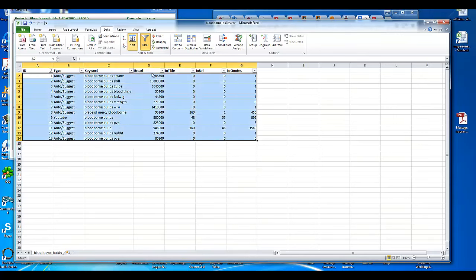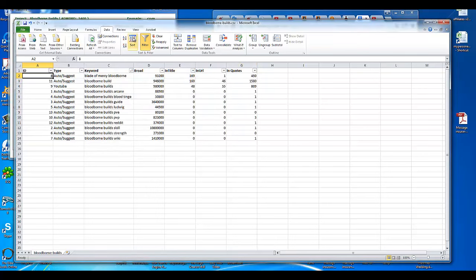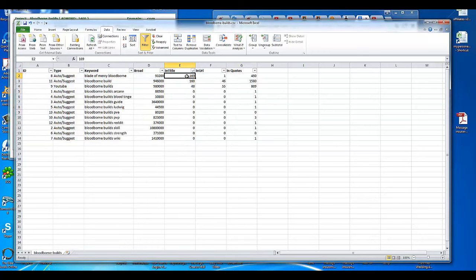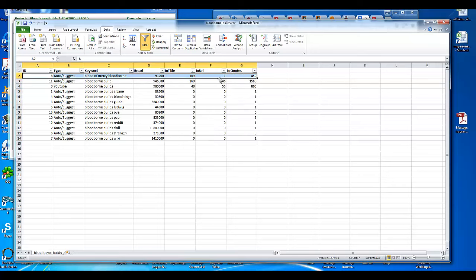And what you could do is sort by the keyword name, A to Z. You could sort by in title, largest to smallest, and then you have that, which identifies some keyword opportunities here. These would be like the biggest opportunities in terms of low competition. But that's not to say this would not be an opportunity, because you only have one with in URL. So you're looking at the whole pot of data in one